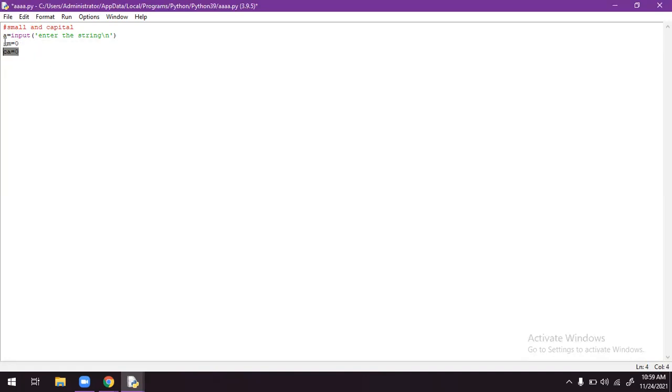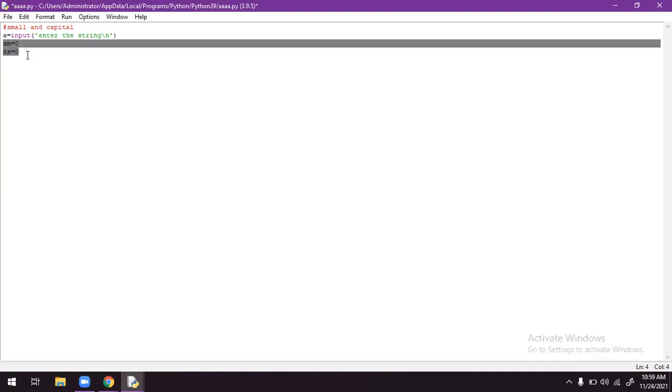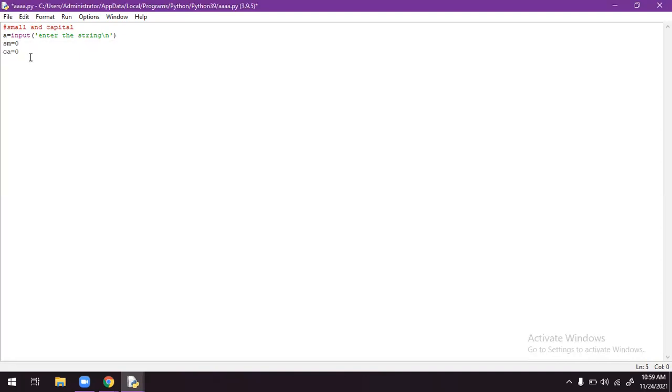So initially, I'm assigning the value 0 to the variables SM and CA, or else you can directly write like this also: SM equals to CA equals to 0. It will execute. Okay, so what I'm doing, I'm writing a for function. For I in range of A, I'm just counting.